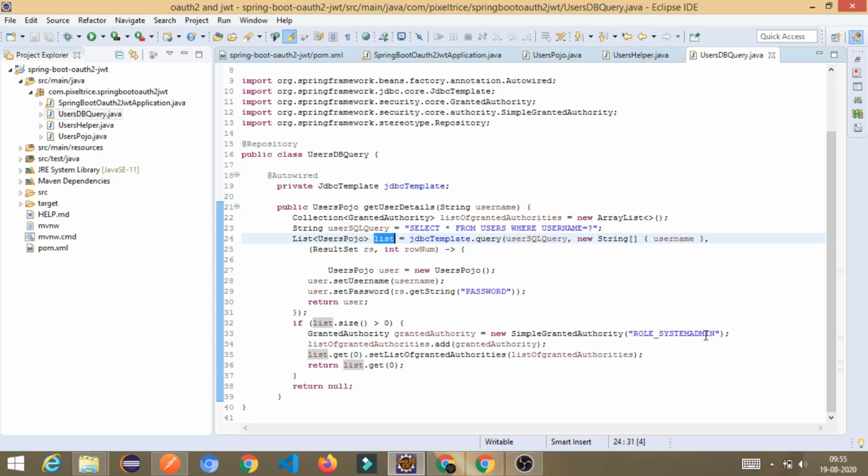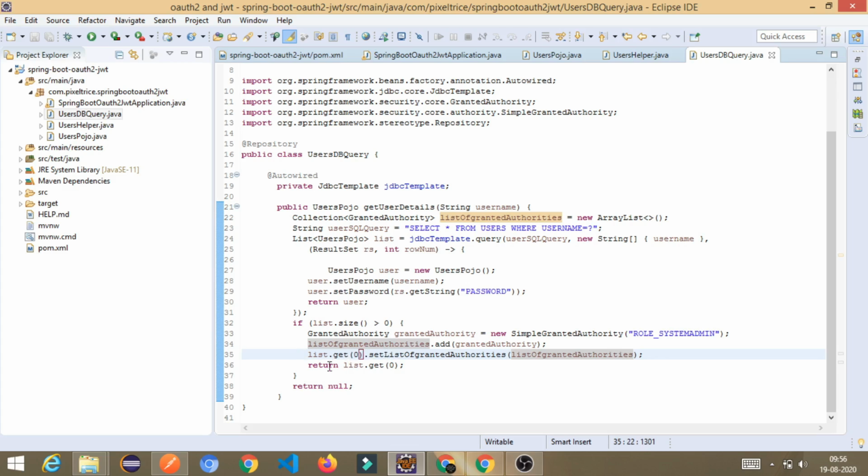It means that whatever permission is given to the role system admin person will be given to this user, whatever user it is returning. So how will it give that to the user? Because here I am setting the list of granted authority to the user which is returned from the database, the value we got from the database.